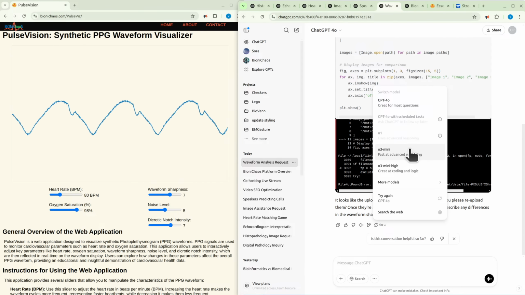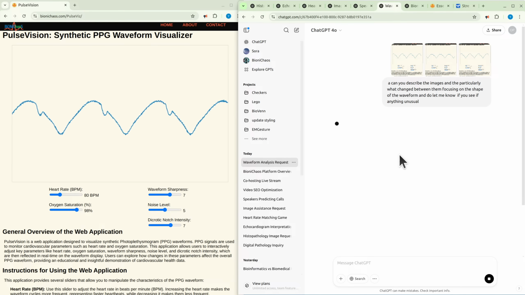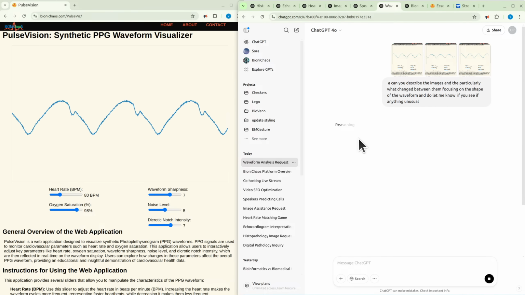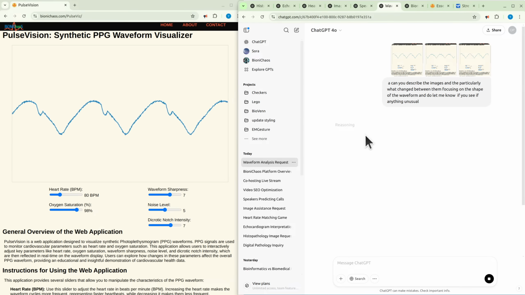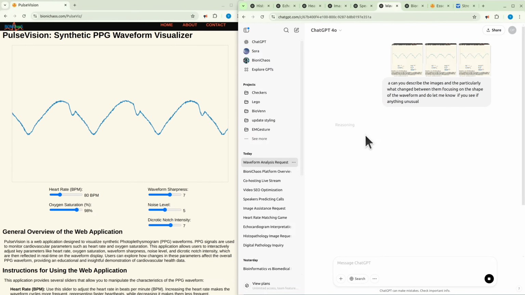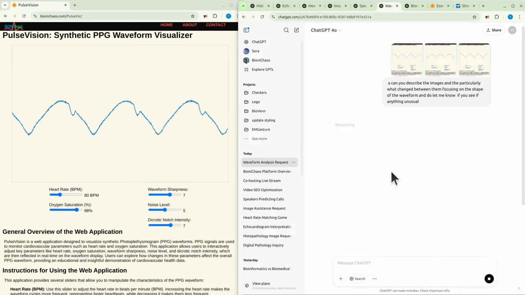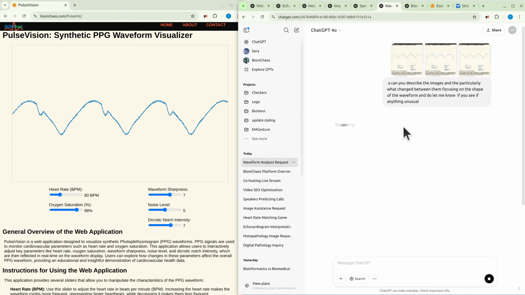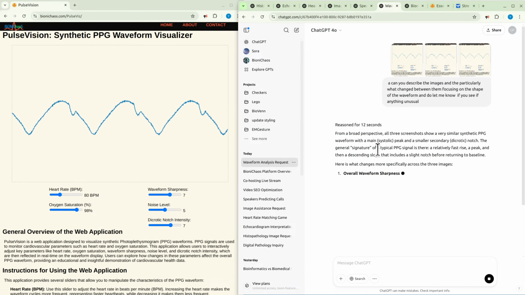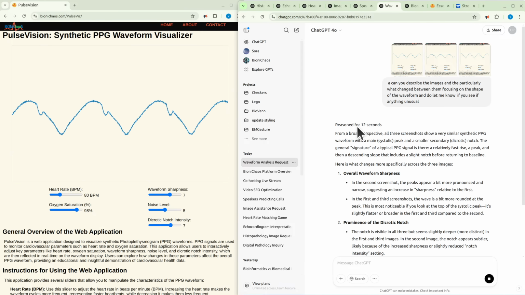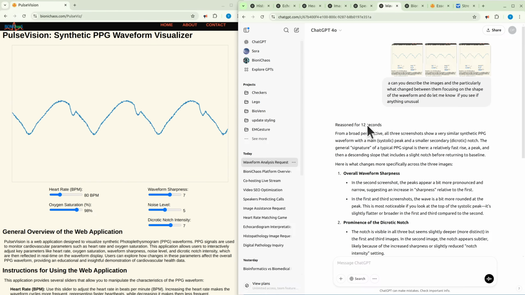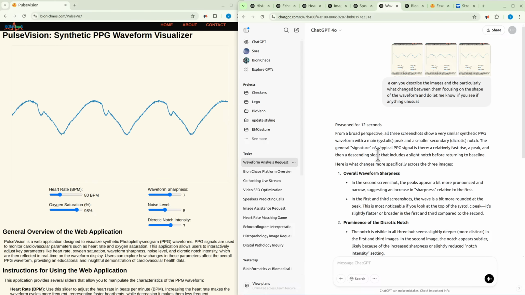And let's try a different model. This would be O3 mini. Let's see if it can do a slightly better job. I don't know why it defaulted to opening it using Python. I thought it has some inbuilt capability. So it's reasoned for 12 seconds. It doesn't actually tell you what the reasoning was.